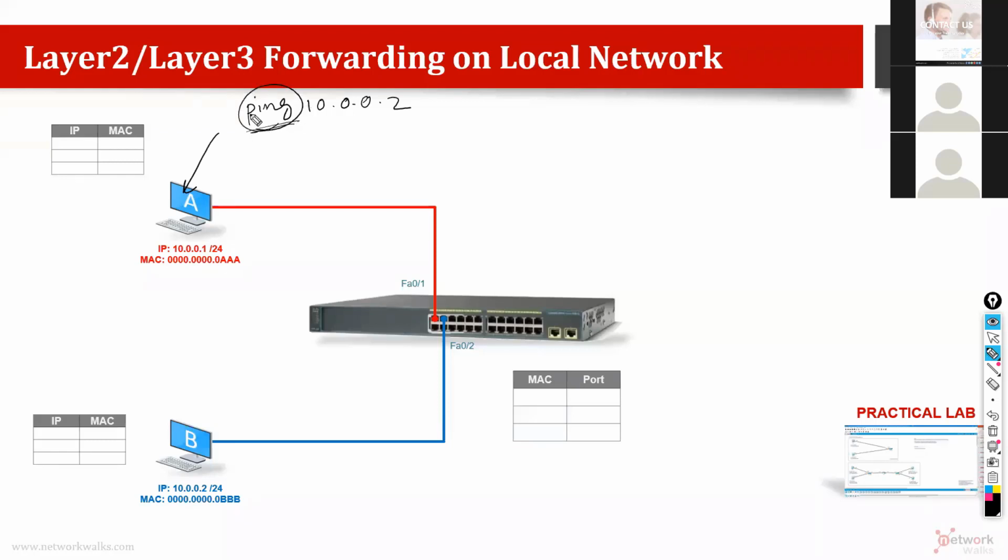Now to ping this one, this computer is connected through Ethernet. And Ethernet is which layer in the OSI model? Layer number 2. Why? Because this switch is a layer 2 device. This computer is a layer 7 application layer device. Like I explained at the start of this course, there are 7 layers in the OSI model. So to get the help of the switch, we need to convert everything into a layer 2 frame and then send it to the switch.